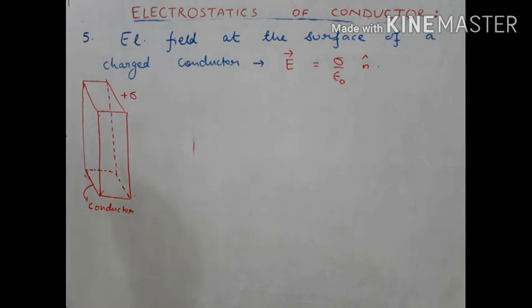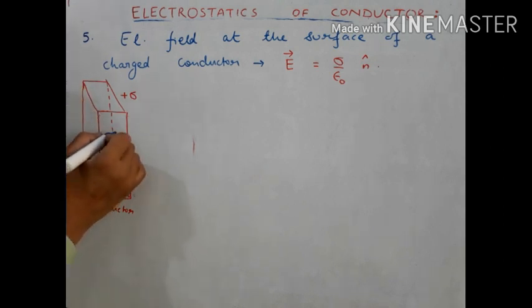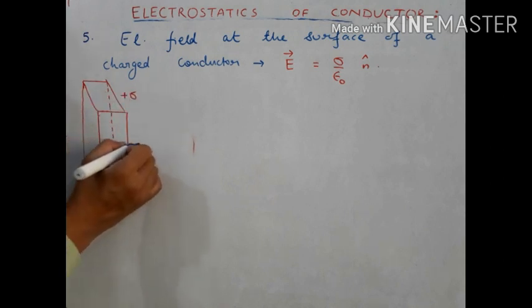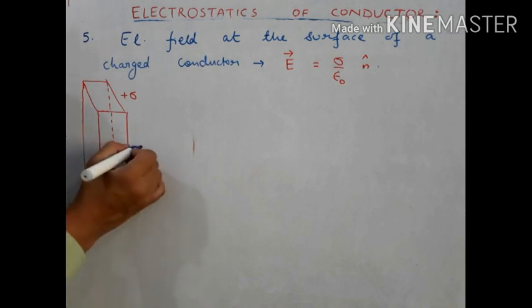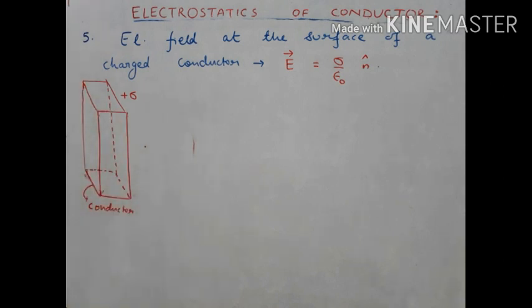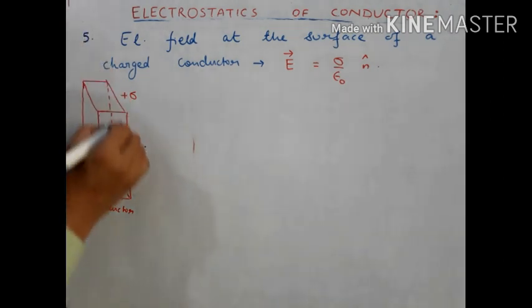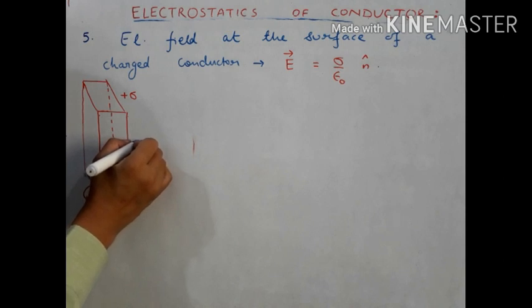Suppose this be a conductor, and the entire surface of the conductor, of course I have taken in the shape of cuboid, it's not necessary, it can be any irregular shape, does not matter at all. It has plus sigma as the surface charge density. We wish to find what is the electric field at some point just outside the surface, at some point, say here. This point is close to the conductor. So what we do, we choose a small area element like so,